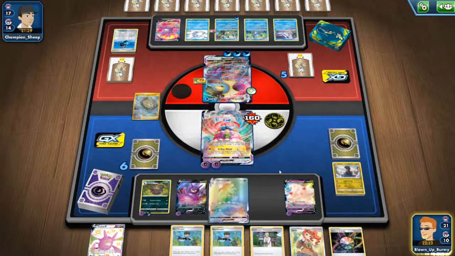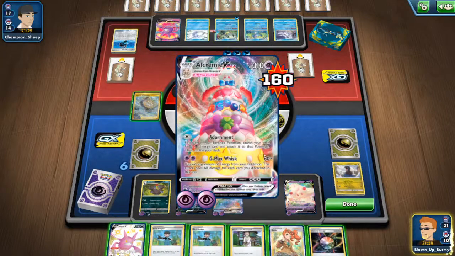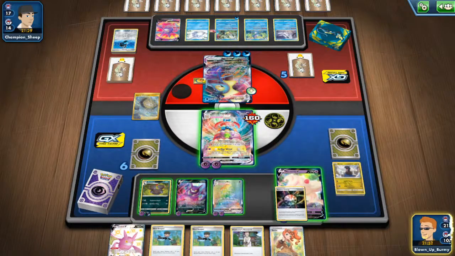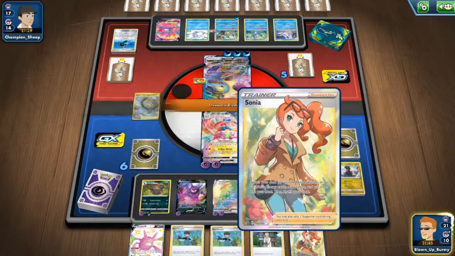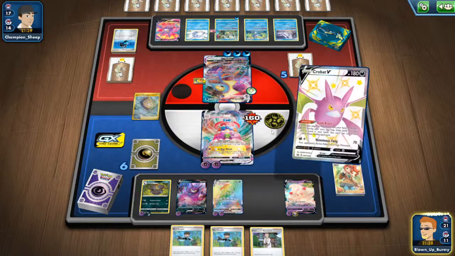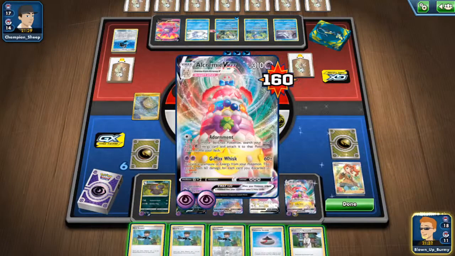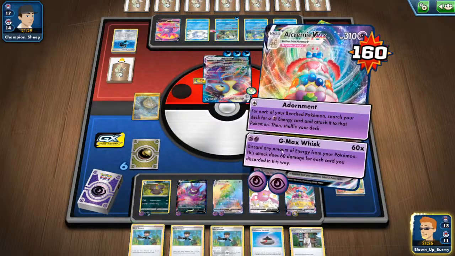So we got another VMAX. So we need Energy Recycler now. Energy Recycler is going to help us a lot. I think we're just gonna boss order Bird Keeper, my bad. I don't think Bird Keeper is gonna help though. So let's just attach this one and Crobat for more cards. Okay, we got another VMAX, that's great. So now we can't use a Bird Keeper. We don't want to use a Bird Keeper. So I'm just gonna do